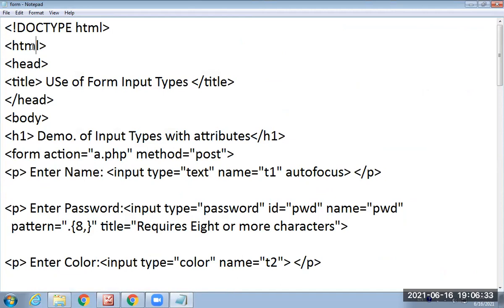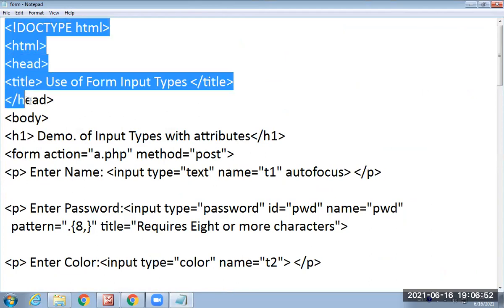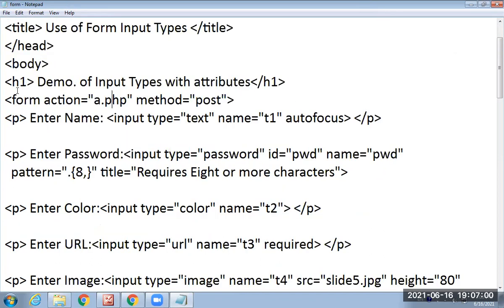Then give the HTML tag. For the heading, use the head tag. Then use the title tag to display this name in the browser as it is. Then provide the end of title and end of head. You know that up to this, it is completely the non-executable part, and our executable part starts from